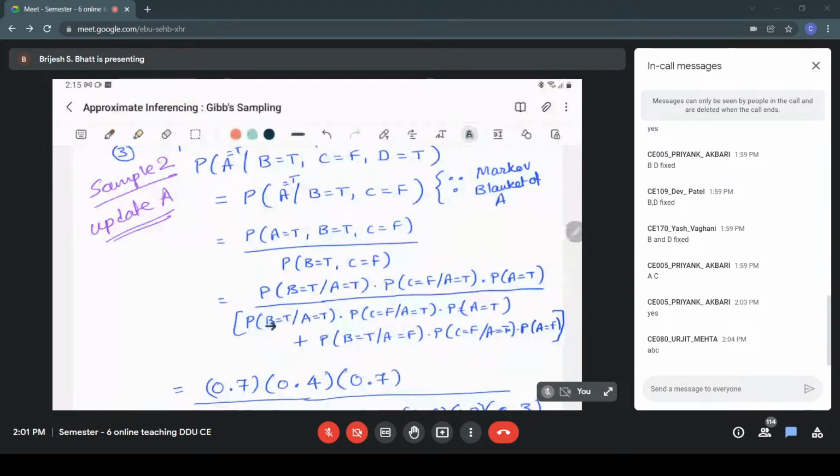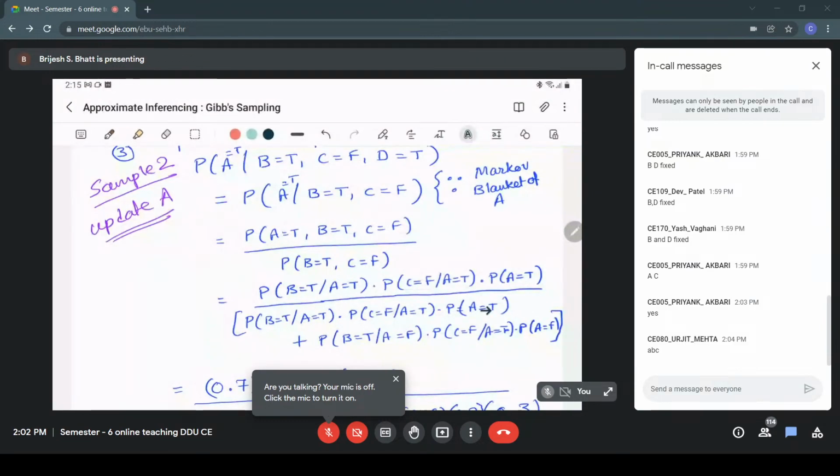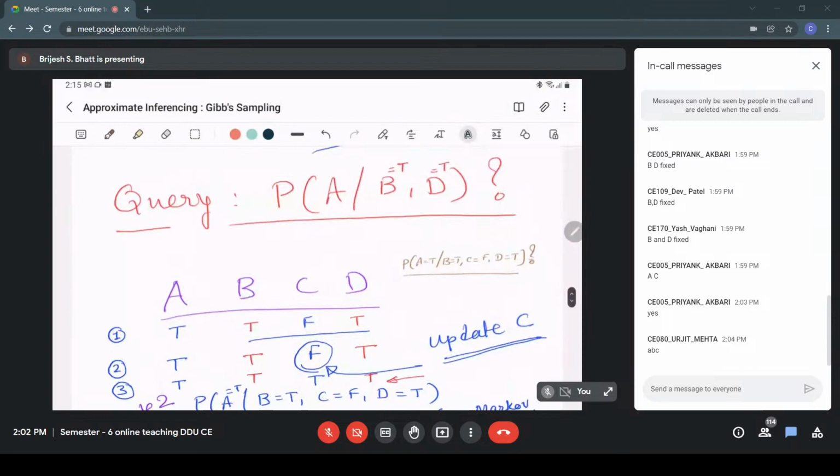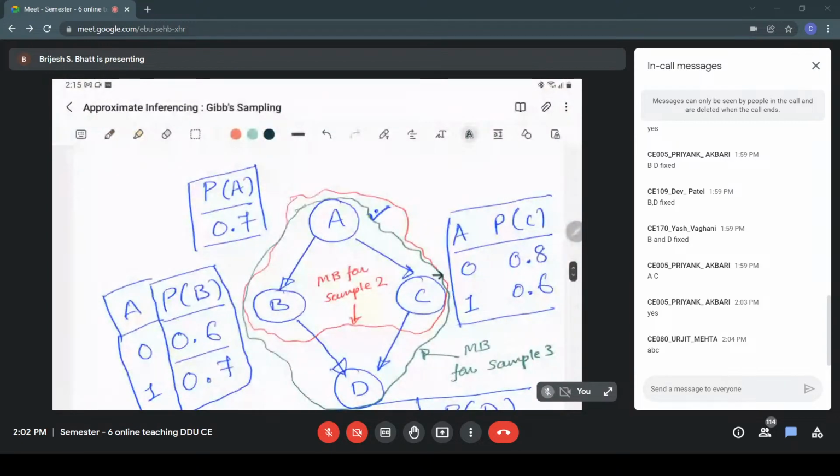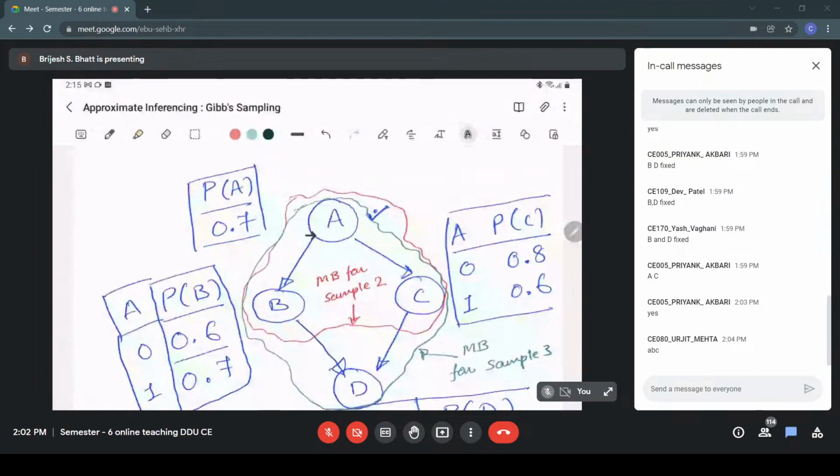So again, probability of B is equal to true given A is equal to true into probability of C is equal to false given A is equal to true into probability of A is equal to true, plus probability of B is equal to true given A is equal to false, and so on. So all cases where A is false. Same thing which we did in the naive-Bayes classifier, right? So we are only looking at this subgraph of A, B, and C, and we are focusing on the joint distribution of A, B, C to calculate probability of A given B, C,